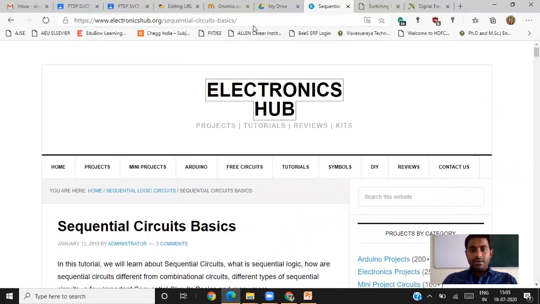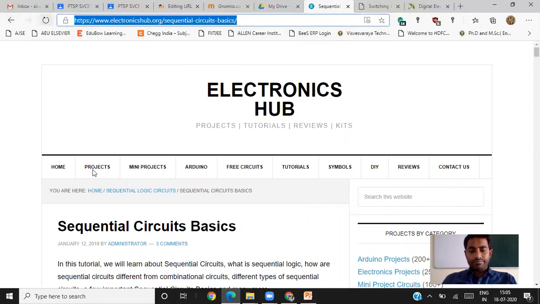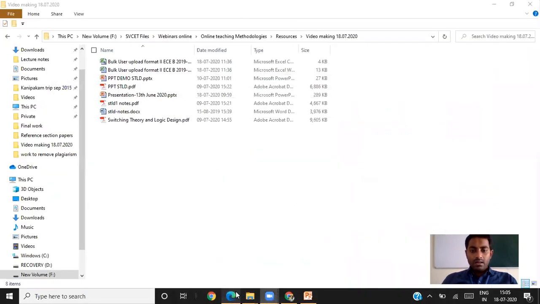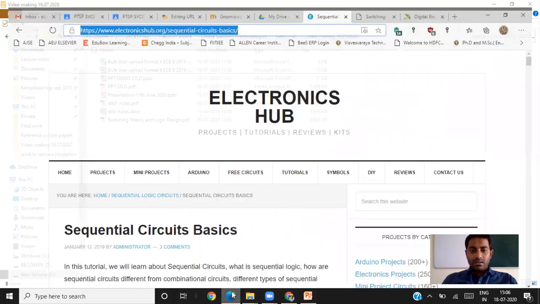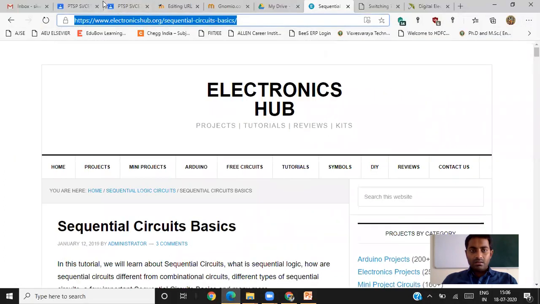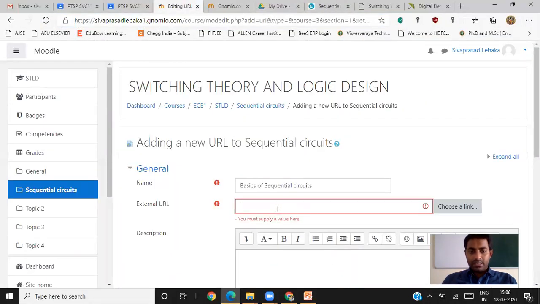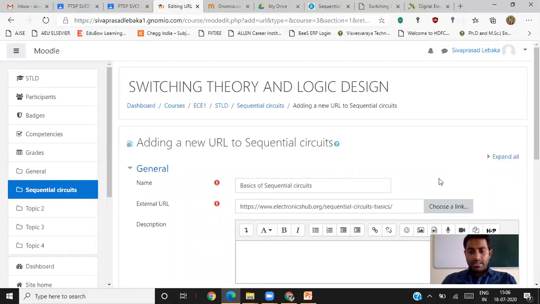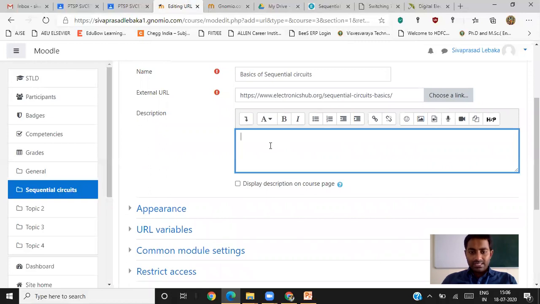So I can directly copy this link now, and I can paste the link in the external URL, and I can give the description here for the students. What is the purpose of going through this particular link? What is the knowledge they are going to gain?